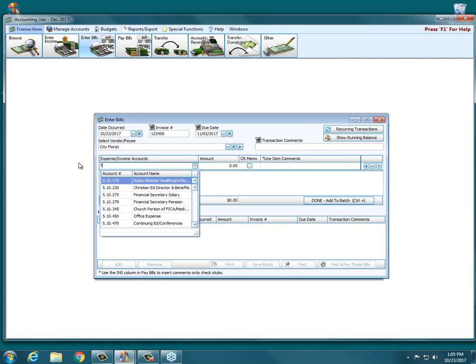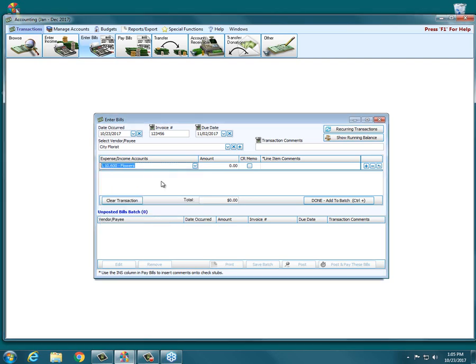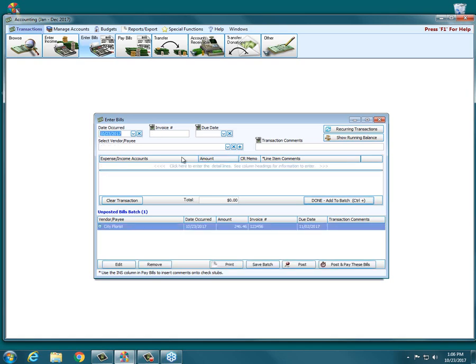So we're going to replace this and we're going to type in flowers. So there's our flowers expense. And then we would type in the amount of our bill that we received from our City Florist. And then we would tab over and enter any line item comments if we had them. And then we would simply click Done, Add to Batch. Our cursor is now flashing up in the date field, ready for us to enter a new date. You move over, the same process starts over, and we would choose the next vendor